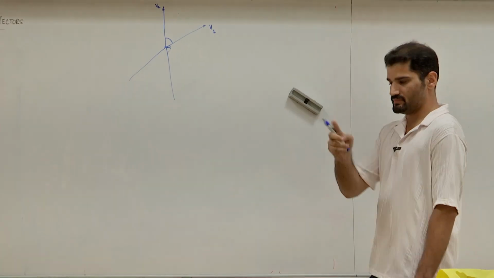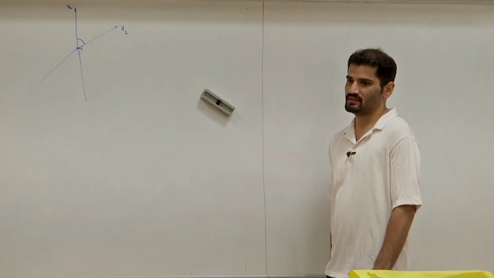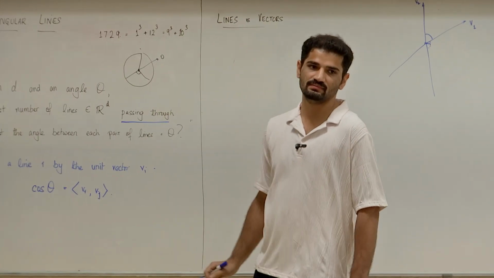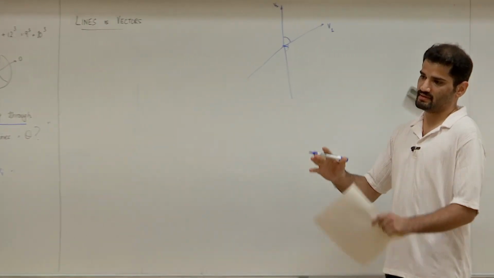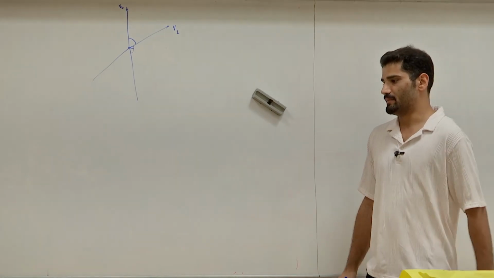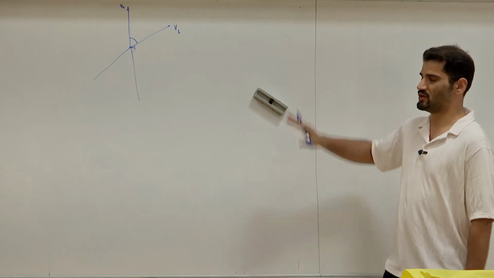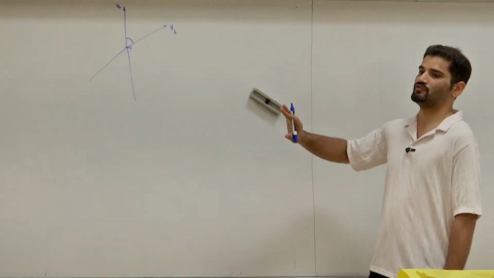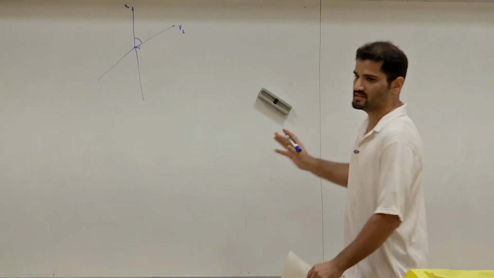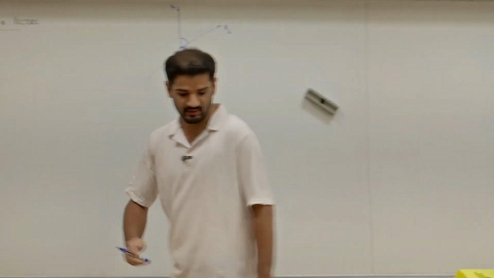Okay, so the vectors thing. You could ask the same question about vectors: you have a set of vectors through the origin, and you want the condition that any pair of them has the same angle theta. How many such vectors can there be? There is a way to prove that. It's like an exercise. It also follows from what we'll do today, but for now I'll just give you the answer. Once we have the whole lecture, you can go back and see that the same techniques will give you this answer. So in the case of vectors,